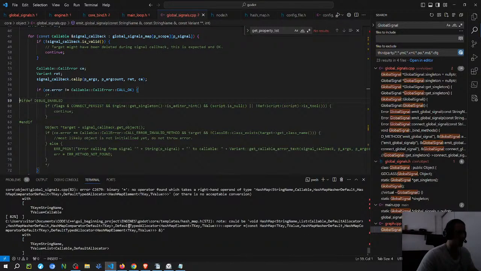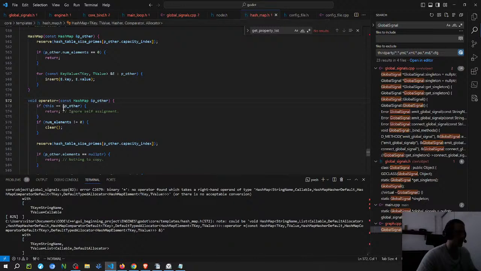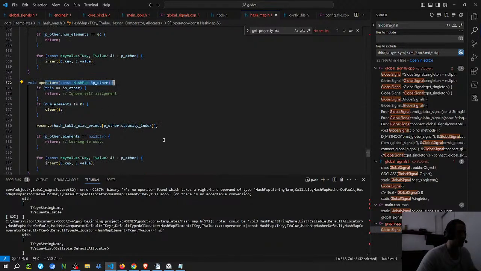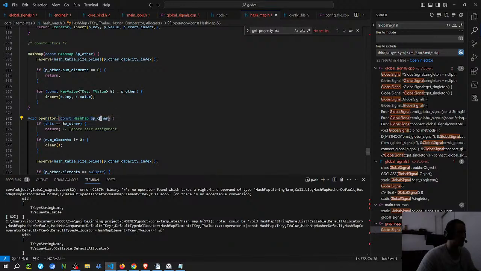I also have to understand. So this one, it might be because of the types that I'm using and not the equal operator. Oh, this is the issue. It's because when you're comparing with a hash map, but it's kind of weird because the other one is also a nested hash map.